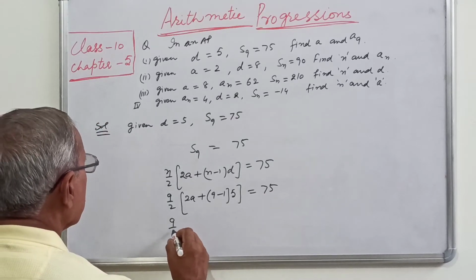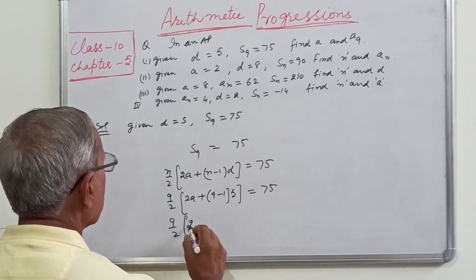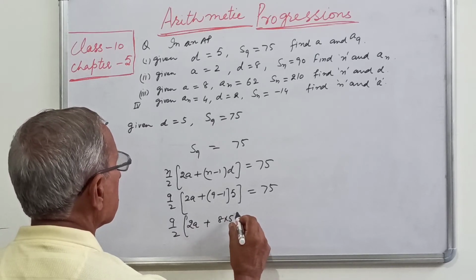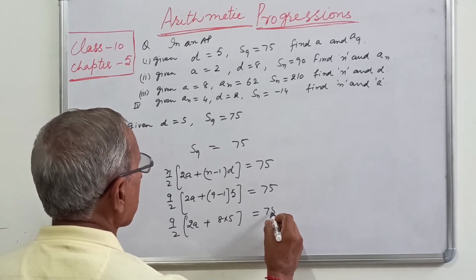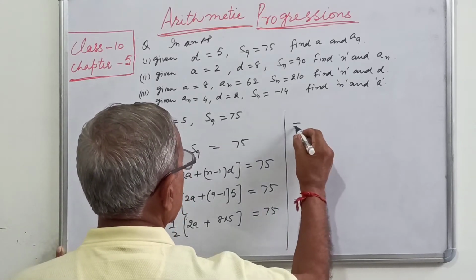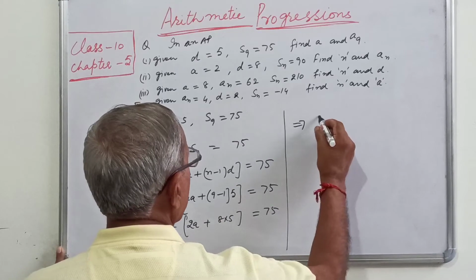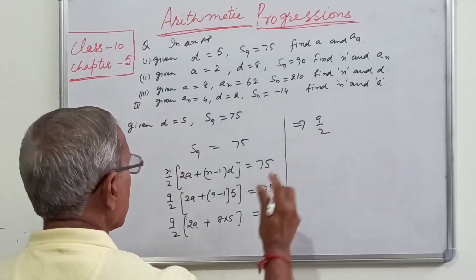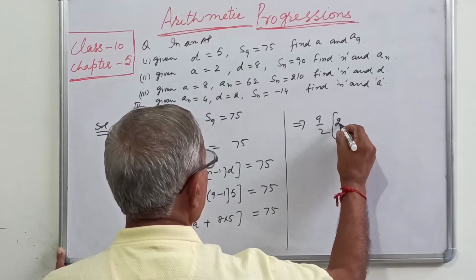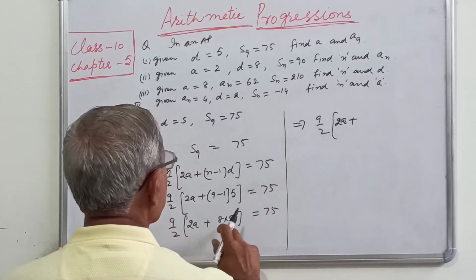So 9 upon 2, 2a plus 8 into 5, 75. So 9 upon 2 into 2a plus 40